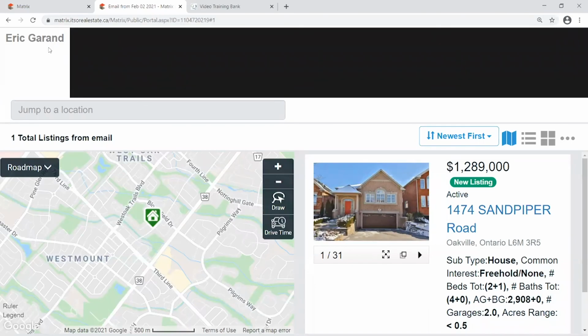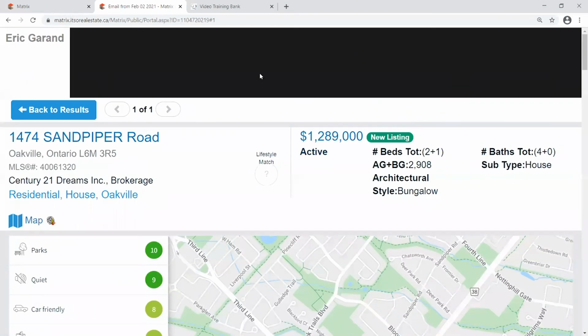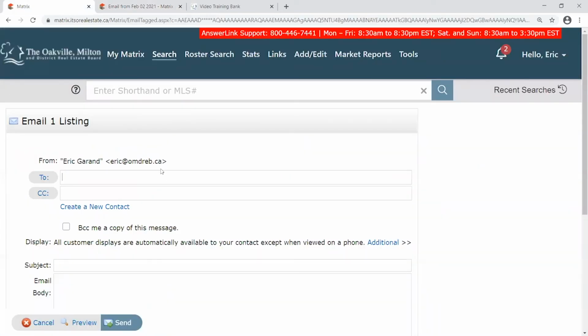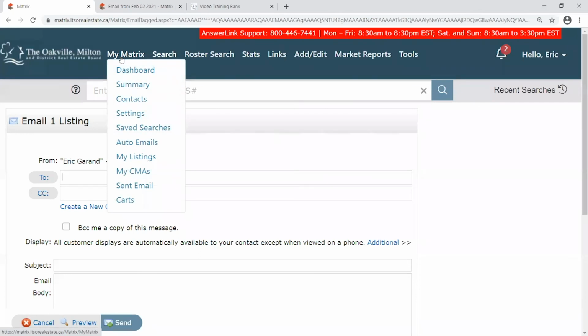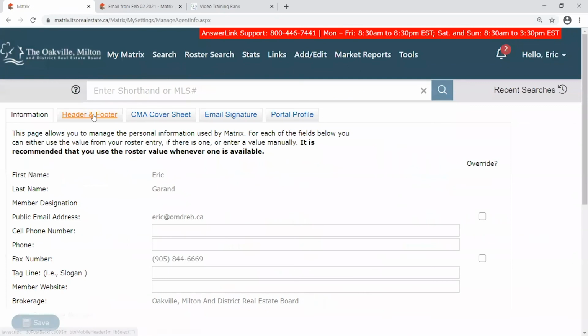Let's make some quick changes to that just to make it look a little bit more professional before we start emailing this portal or these listings to our clients. Okay, and where you do that is inside of your settings on Matrix. So if I hover this My Matrix and go back to settings, you may have seen it when we were in the My Information section. That's where it's kind of tucked away. There's a header and footer, and also an email signature that we're going to talk about here. Okay, so if we click on header and footer,